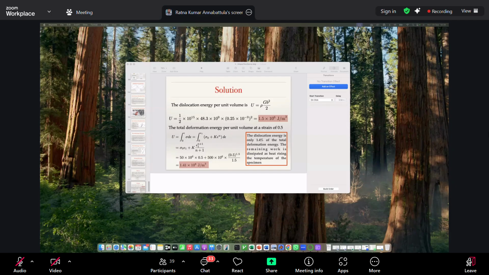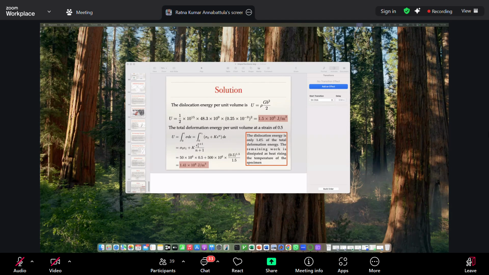What do I mean by geometric softening? When I am applying the load on a specimen, because of the applied load, the plastic deformation takes place in the various grains, and these grains try to rotate during the deformation. And imagine a scenario where a large fraction of these grains are oriented in such a way that the Schmid factor on them becomes maximum, and then suddenly it becomes much easier for your system to get plastically deformed, and hence you will see a drop in yield strength because of the reorientation or rotation of the